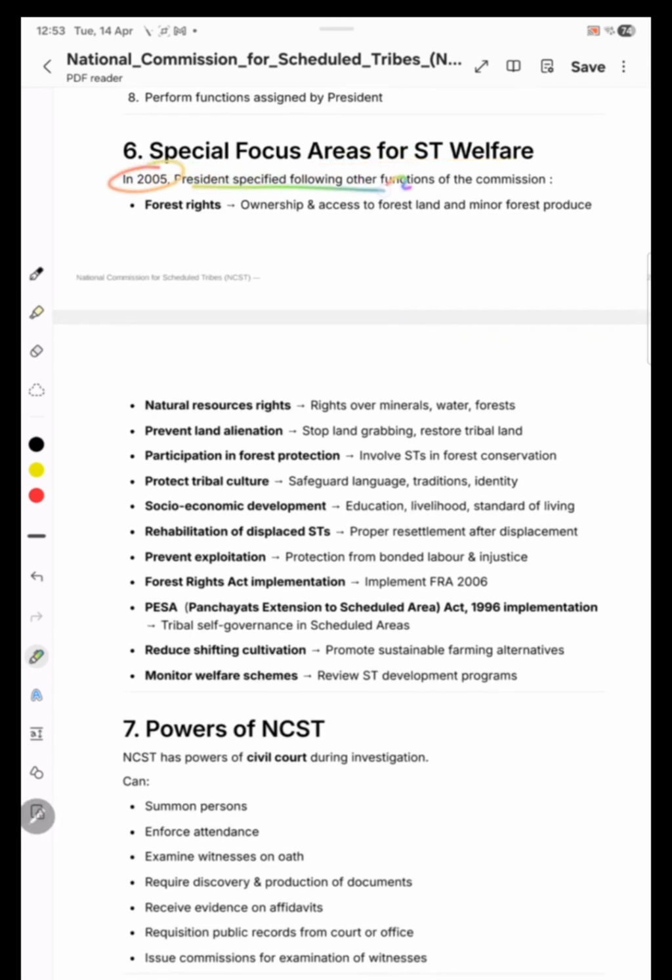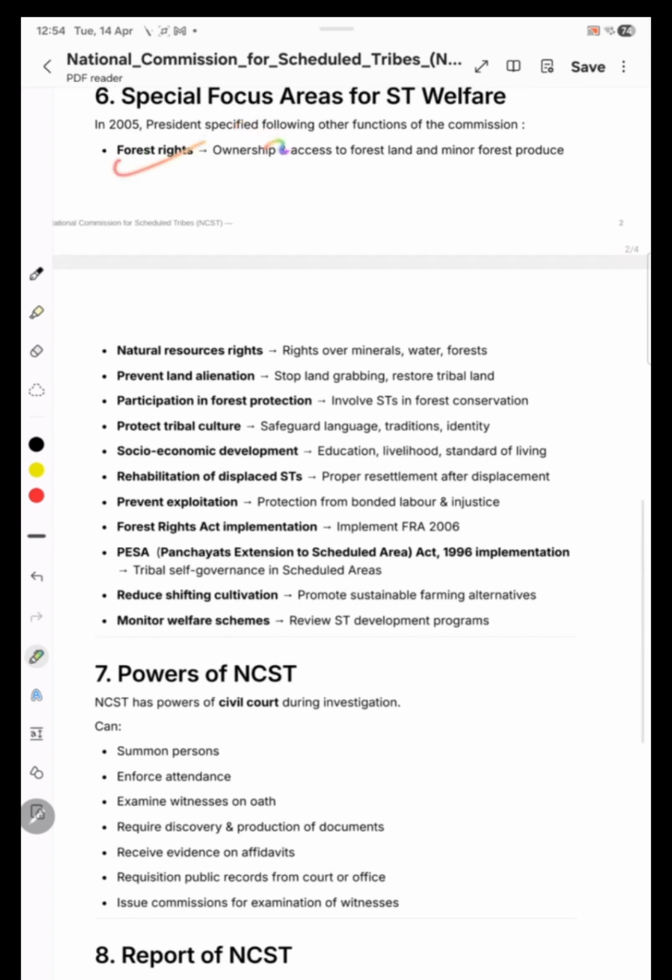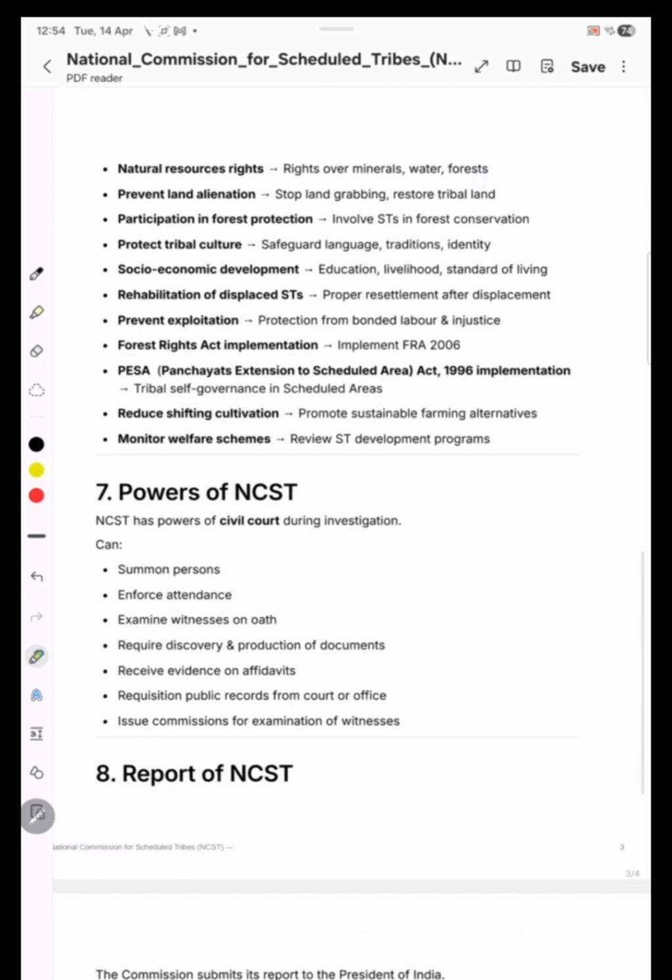So in 2005 the President specified some other functions for this commission. So forest rights, it looks into the forest rights of the scheduled tribes, like ownership and access to forest land and minor forest produce, then natural resource rights, rights over minerals, water, forest, prevent land alienation, stop land grabbing, restore tribal land, participation in forest protection, involve scheduled tribes more in forest conservation, protect their tribal culture, language, tradition, identity, socio-economic development, education, livelihood, standard of living, rehabilitation of displaced scheduled tribes, like proper resettlement after displacement due to any